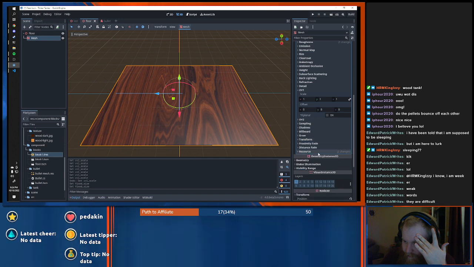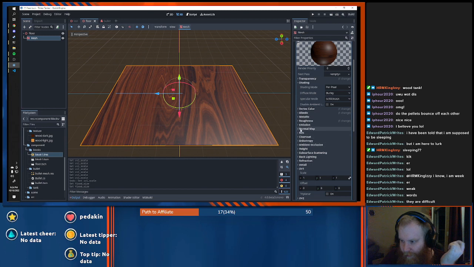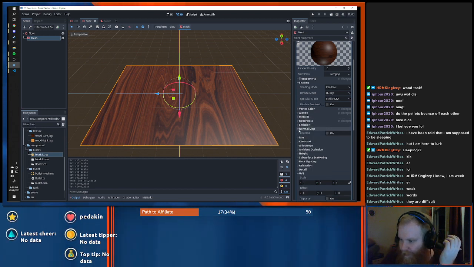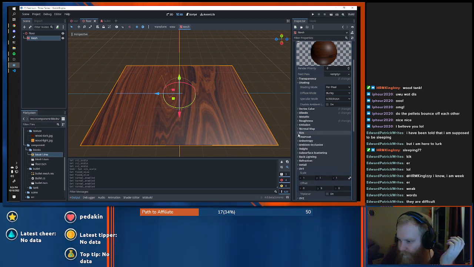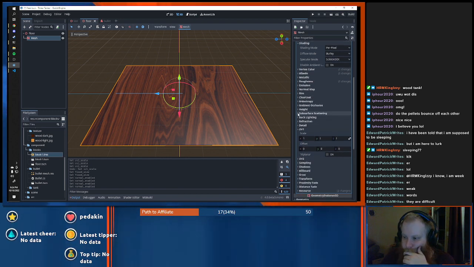No, that's not going to do anything. It's not transparency. Not vertex. Albedo's color, basically. Metallic shininess. It's not any of that. It's not a normal map. That's so weird.